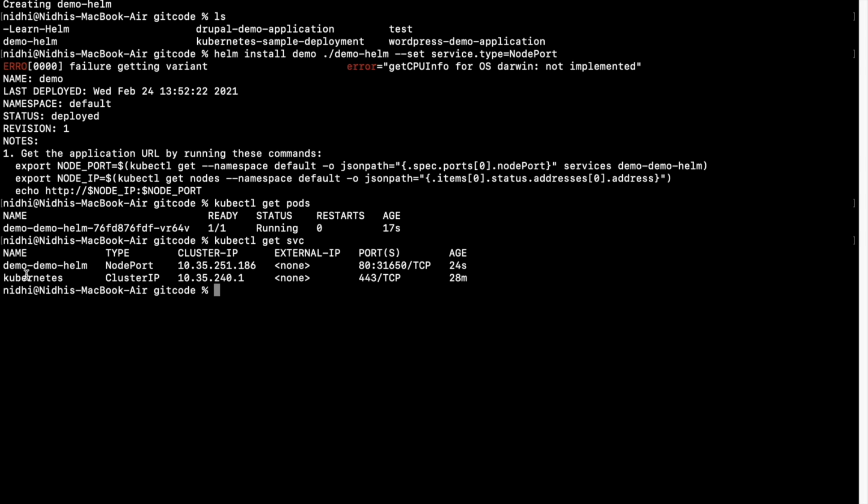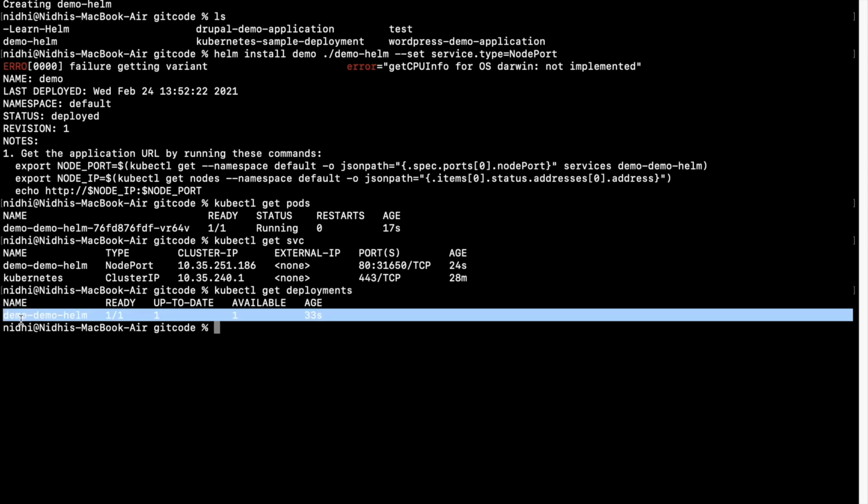It has created the service also. And I can run kubectl get deployments. So it has created this also. You can see that it has created so many things automatically. You don't have to create YAML files for each of these components.